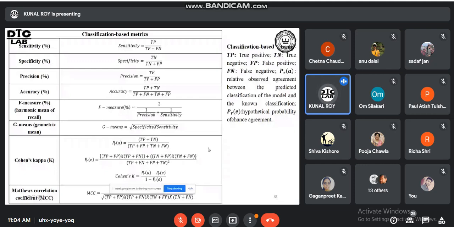We have developed a tool, in Java, that is available free of cost